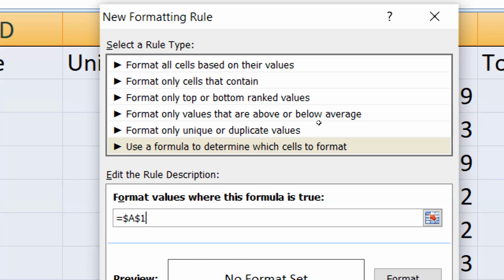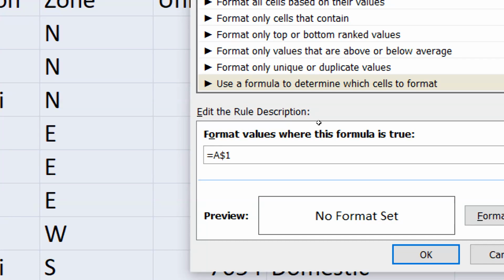But that is not the scenario. $A means the column is fixed, but the row should change. If the lookup value is not found in A1, it would search A2, A3, A4 and so on. So we press the F4 key on our keyboard until it changes to